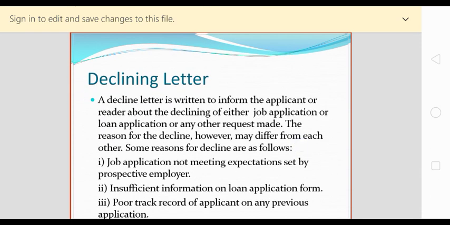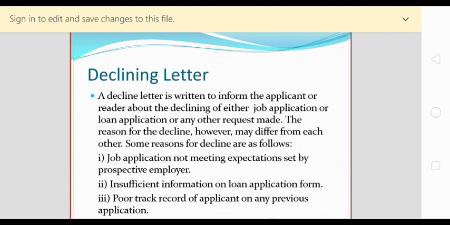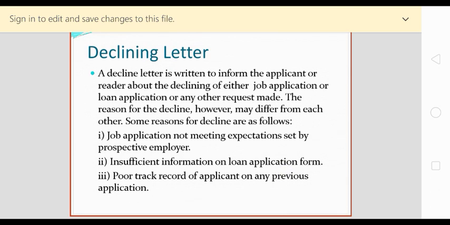So this was about the acceptance letter. Questions may come like: what is an acceptance letter, and what are the most important elements in an acceptance letter? I will send you the samples. The formats of these kinds of letters are very simple and most samples are the same, so you don't need to worry about it. Let's have a brief idea of the kinds of letters and the little differences they have. So, declining letter: declining means something is going to